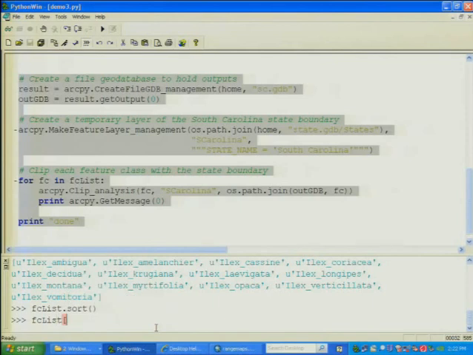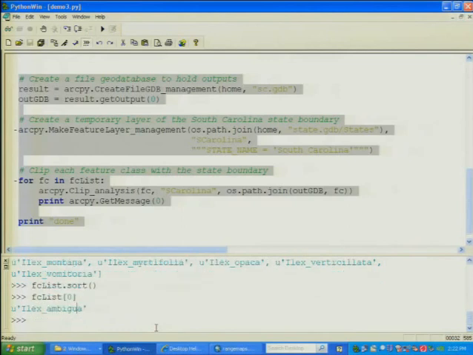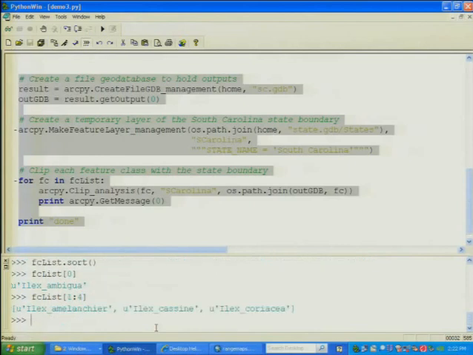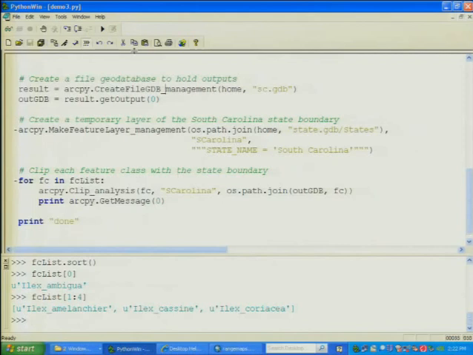lists allow indexing and slicing. So if I want to get a specific value from a list, I can just put in a number. That'll give me the first one. If I want to get a range out, I can put a number, colon, and another number, and that'll give me a series of feature classes out of that list. In any case,